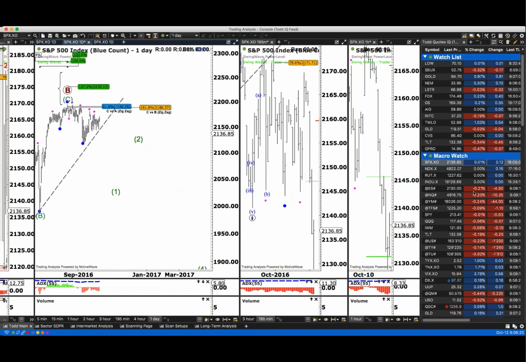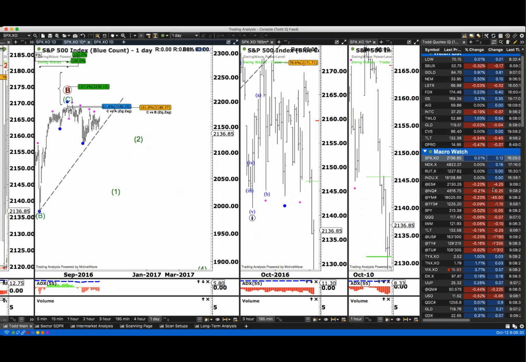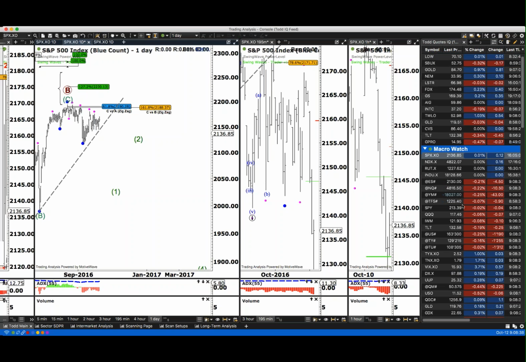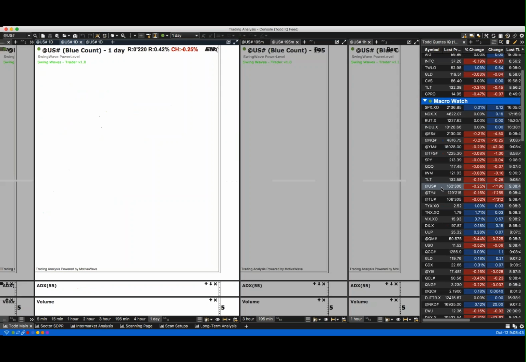We have Fed minutes at 2:00 today. There are now 3 dissenters on there, so there's some dissension among the ranks here in the Fed in terms of a Fed rate hike, and you're starting to see the futures begin to roll over here. So it could be another selling day. Okay, let's see. From there, key market will be the bonds.